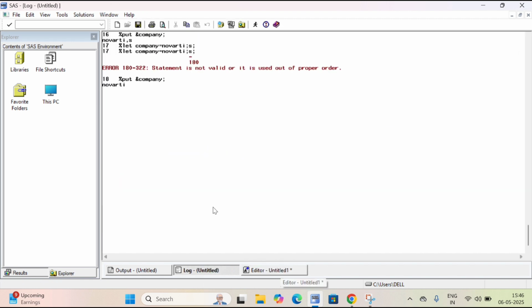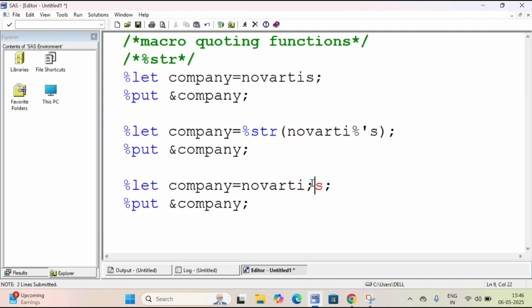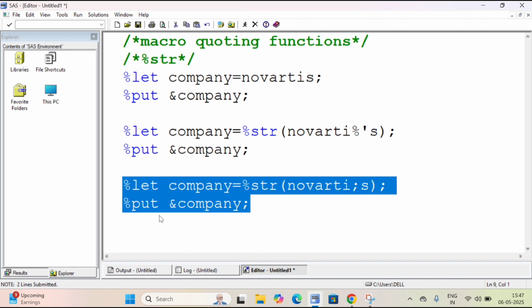No, only till Novartis it will display when there is a semicolon. Before the semicolon, whatever is there will work; after the semicolon it will not give you the result. So for that you have to give open and close parenthesis and use %str. When I execute this,